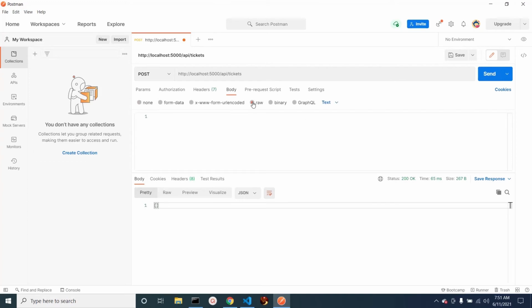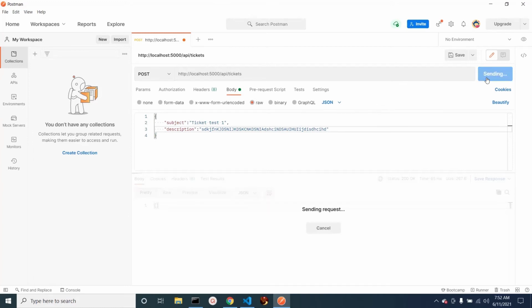In the body, you want to select raw and select JSON, because that's what we're going to do. Opening and closing curly braces, quotes, subject. Remember those things we set, the parameters. We'll say ticket test 1. This could be anything, and we'll say description. Oops, sorry, that shouldn't be capital. It should be exactly the way you type it in your model. Everything that you create in your model should be the same as the rest of everything. Your model dictates how these are created. Let's just type in a bunch of junk, doesn't matter,